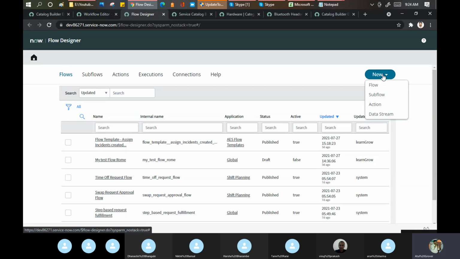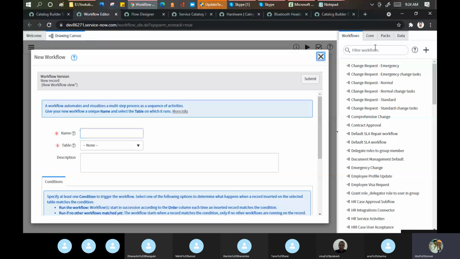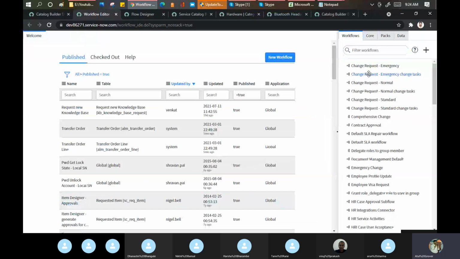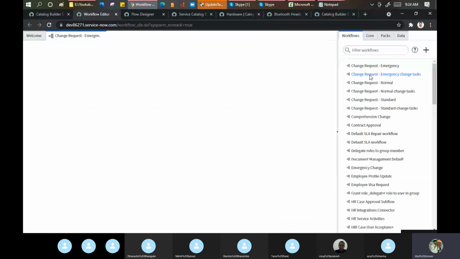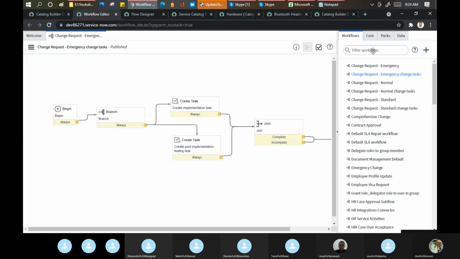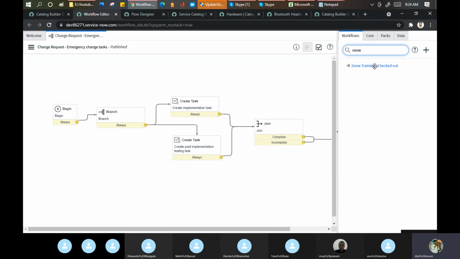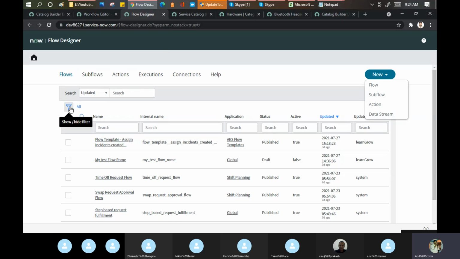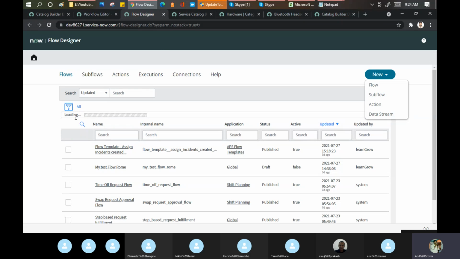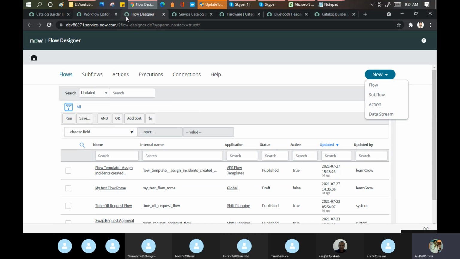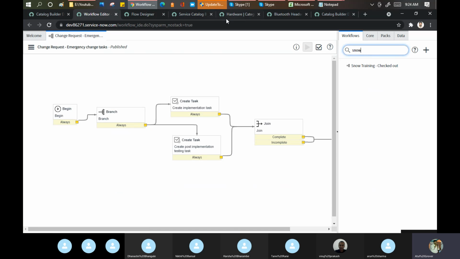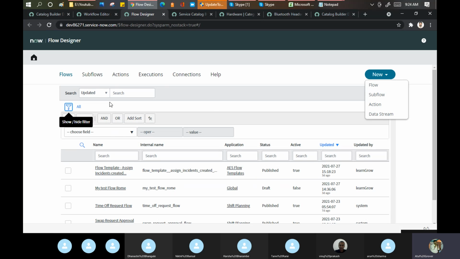Now, if I go here and show you this, go to the core activities. Okay, let me open any workflow, only then I can show it. Let me search here. No, see, it is checked out. That is, it is not showing, I guess. Should we show the checked out as well? What is the name? Snow training. I'm curious now why it's not showing the name here.